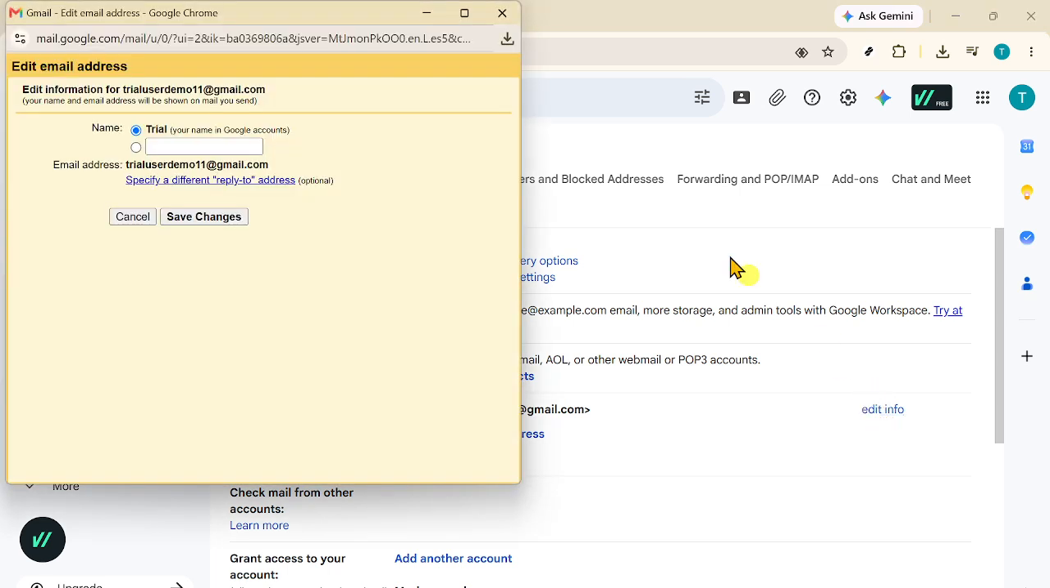If the pop-up does not appear right away, check whether your browser is blocking pop-up windows and allow it if needed. In that pop-up screen, enter the name you want to use instead. Then select or enable that updated name so Gmail knows this is the version you want attached to your sent messages. This is the key part of the process because it changes what recipients see in the From field when